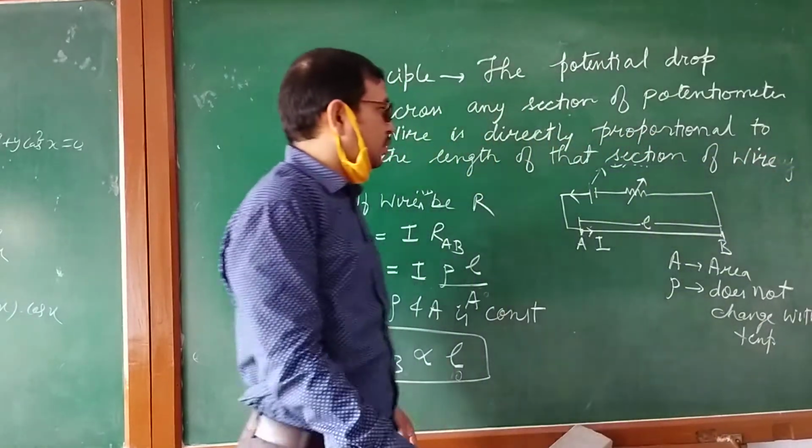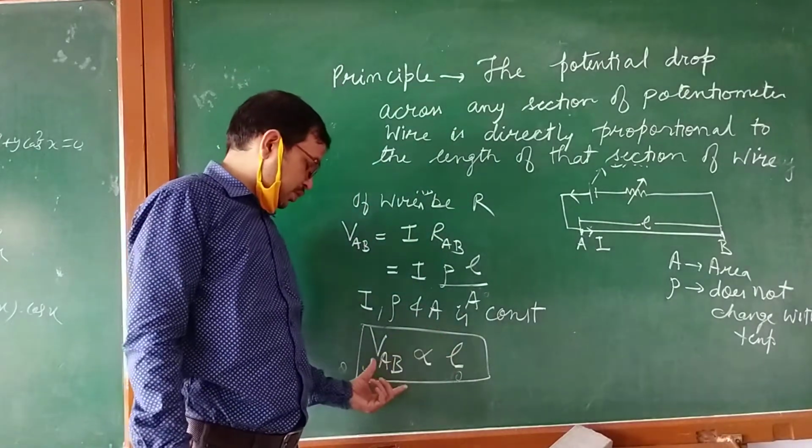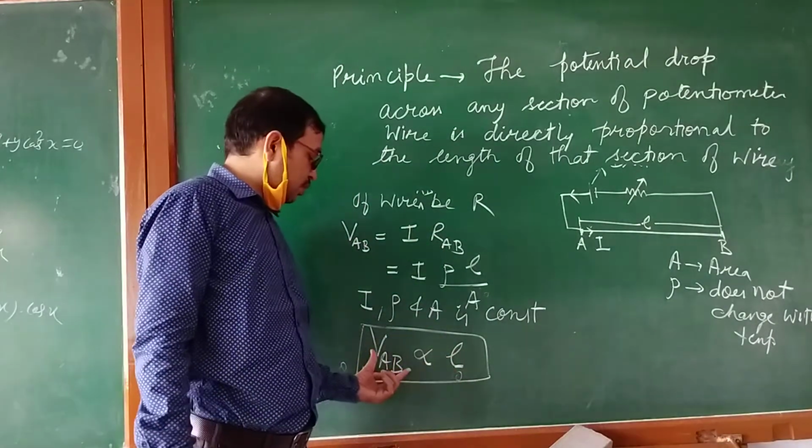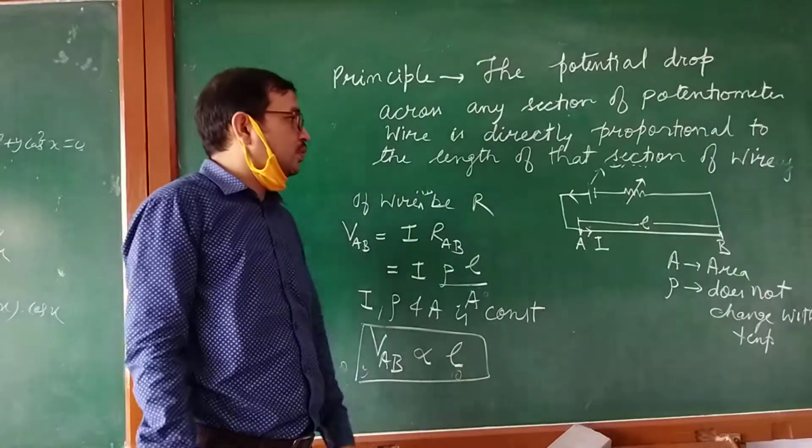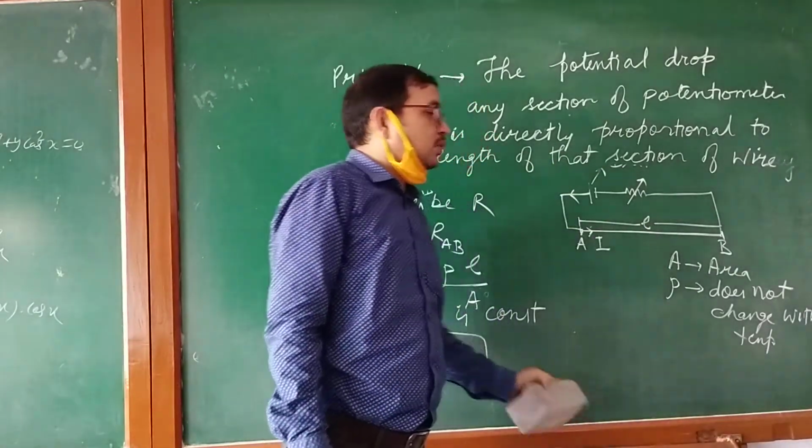And you can write the condition also. This is the statement of this theory, that the potential drop across any section is directly proportional to the length of that section of wire,